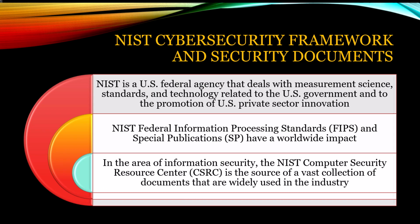Here we have our NIST framework, and NIST is a federal organization that sets the standards in the U.S. You can also have federal standards underneath NIST. That would be the NIST FIPS, or Federal Information Processing Standard, with a special publication, because the special publication does have a worldwide impact when dealing with the U.S. In the area of information security, the NIST Computer Security Resource Center,